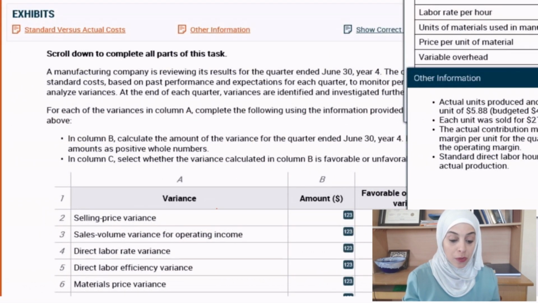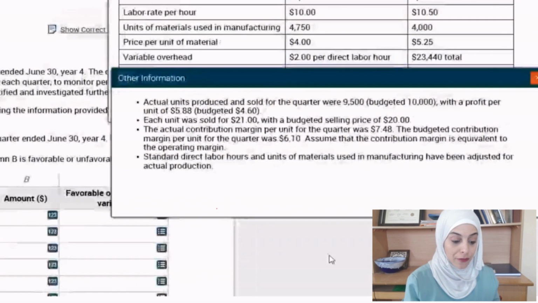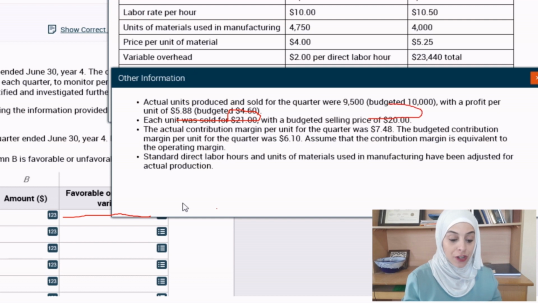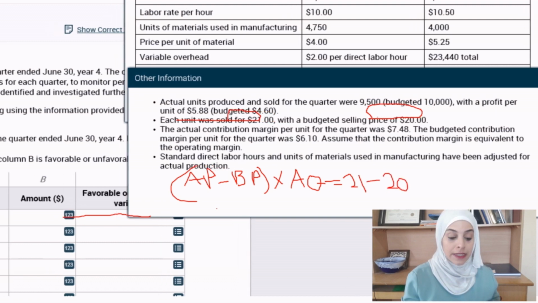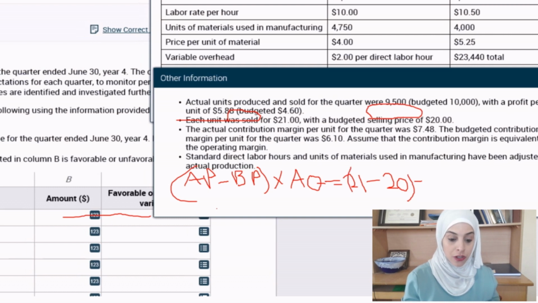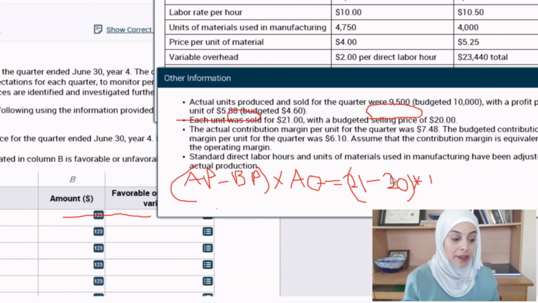The selling price variance: we have the actual selling price of $21, because they told us each unit was sold for $21, and the budgeted selling price of $20. So we can take the difference in the price easily, and we want to times that by the number of units sold, which they already gave us: actual units produced and sold for the quarter were 9,500. So the actual selling price $21 minus $20, the budgeted selling price, equals 1, times 9,500 actual units sold. This will give us a selling price variance of